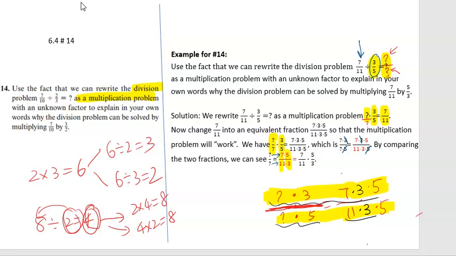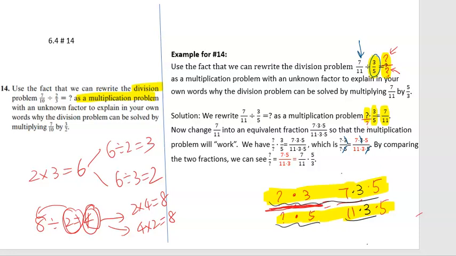But the good thing is the division is gone. It's multiplication. And so we can split this as two fractions, 7/11 times 5/3. Notice that by the multiplication rule of fractions, we multiply straight across. 7 times 5 is 7 times 5. 11 times 3 is 11 times 3. But we are reversing that multiplication rule to split it as the product of two fractions. And so from this process, we could see